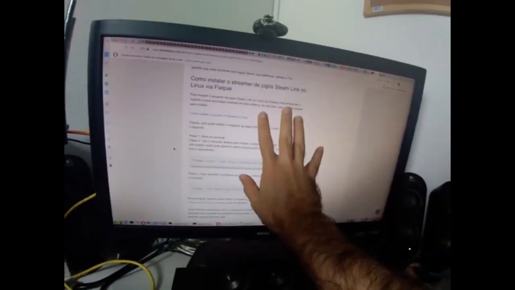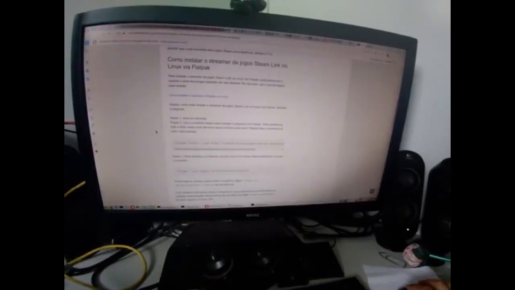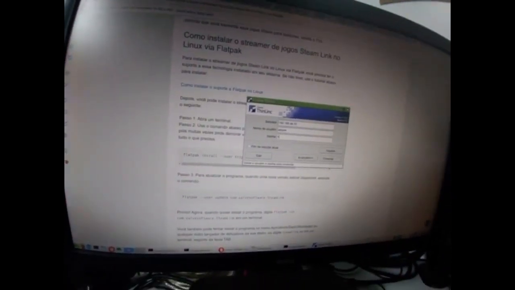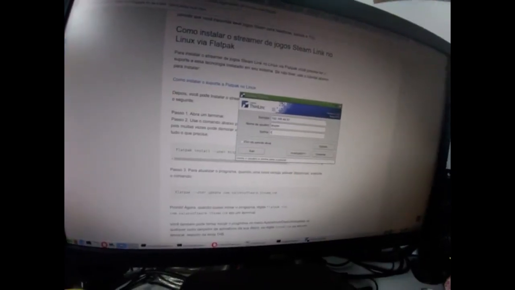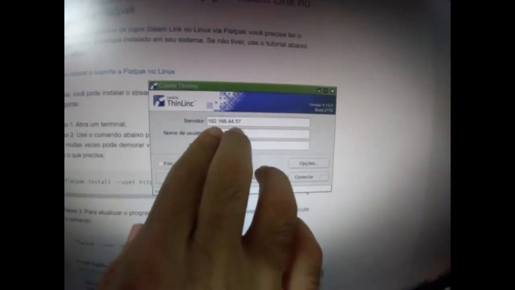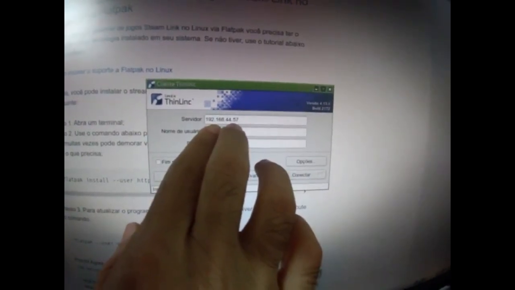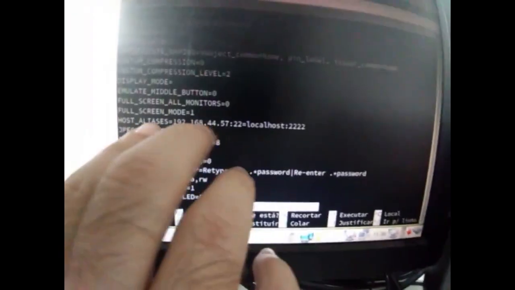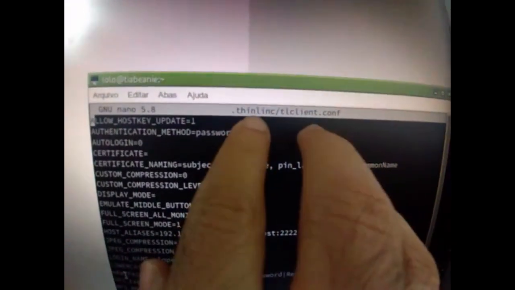what I have to do to run Steam Link on this computer here, to connect to the other computer and be able to play the game with more quality, I have to connect to my remote machine using ThinLinq. Why? Because ThinLinq is going to provide me hardware accelerated graphics, but this machine here, this remote machine, is under NAT. This IP address is not a valid IP address, so to connect to this machine using ThinLinq, I have to set up host aliases on this file here,